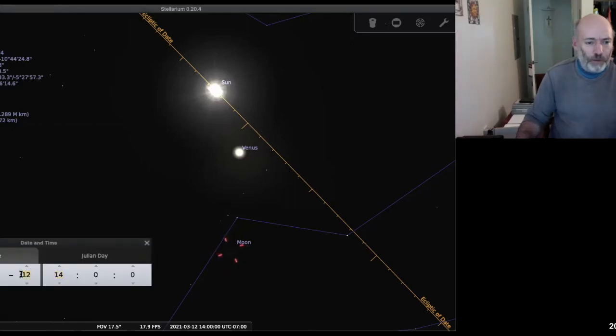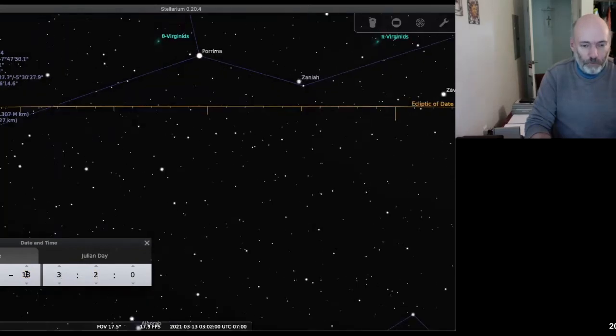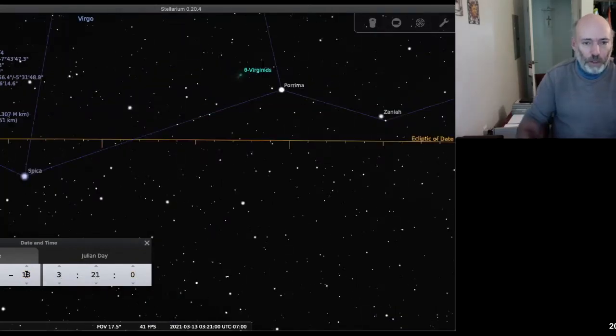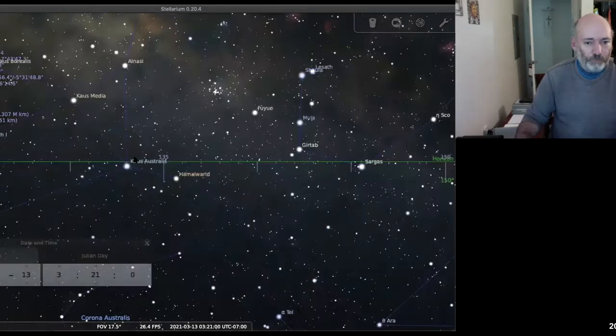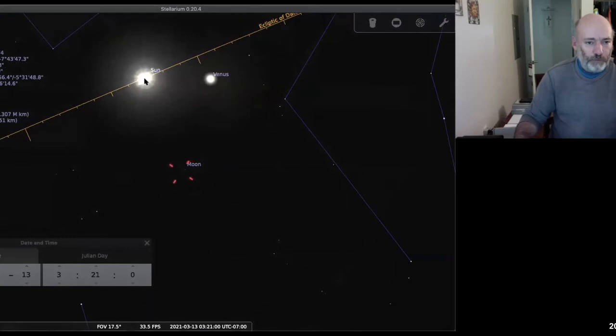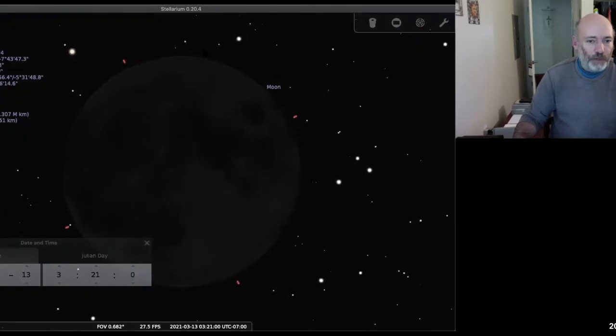We can punch that up. Saturday, March 13th, 3:21 a.m. And if we search for the moon now, we will see it's directly lined up with the sun. And if we go in here and look at it, there's no illumination coming one way or the other. So this is a perfect new moon,